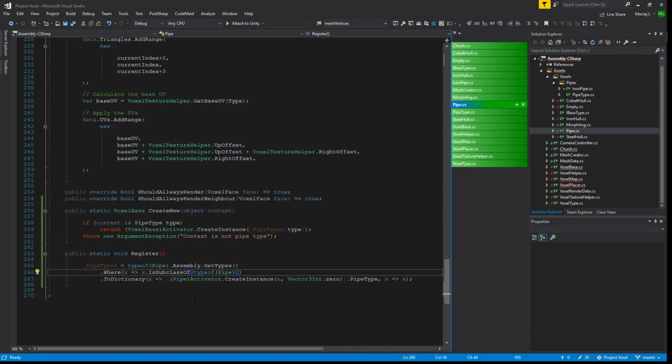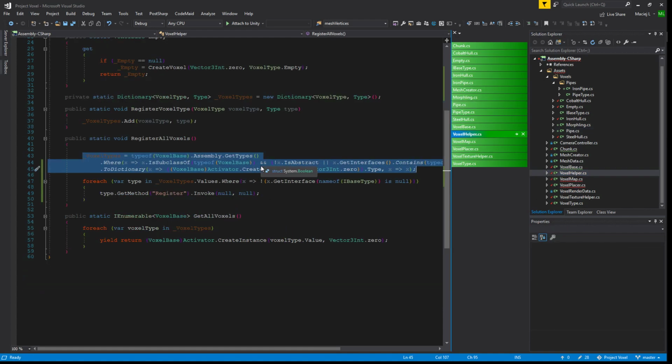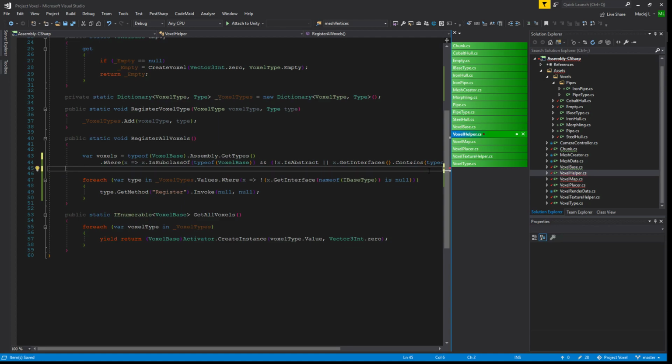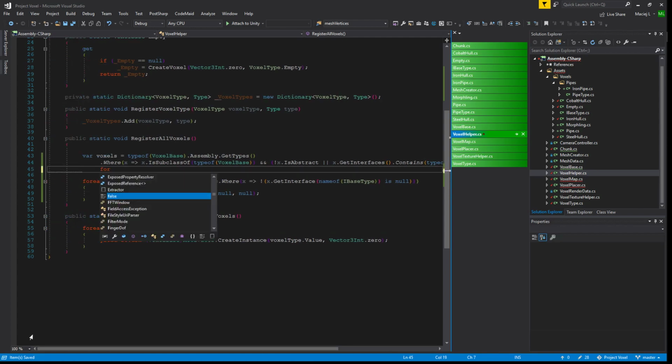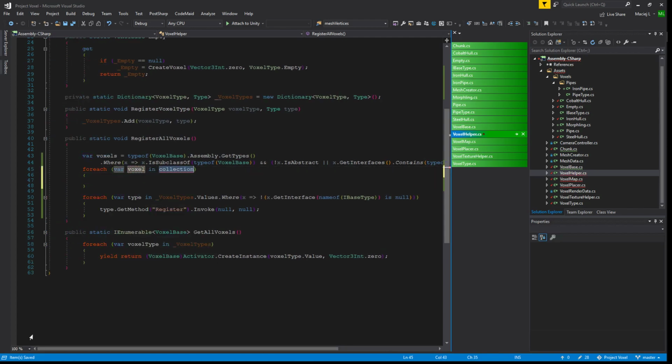And the problem right now is that we can instantiate the pipes, but we cannot instantiate the base type. So we need to change a bit because here we instantiate a new thing and we'll instantiate the base type. So let's do var voxels, okay, like that. And now for each voxel in voxels,